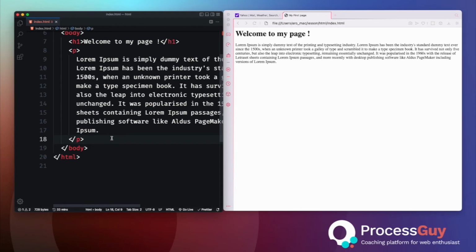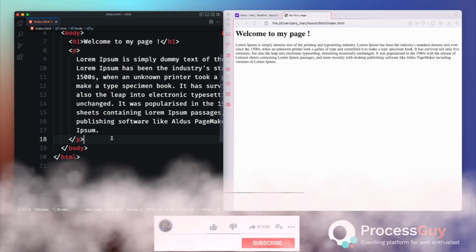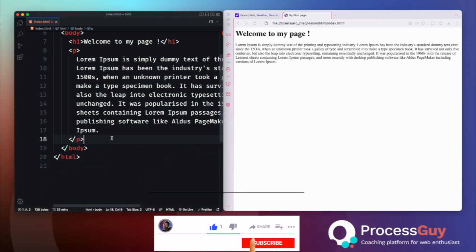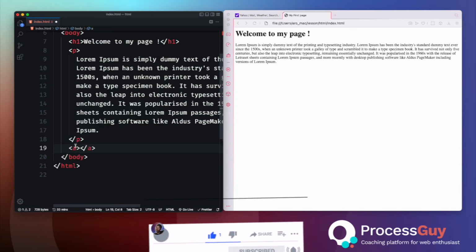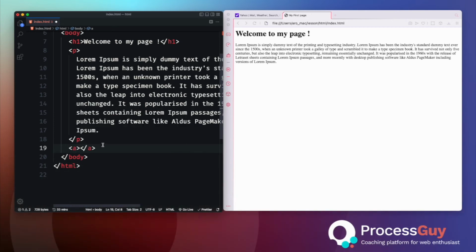Lastly, we have the link element. This element is very important because it's one of the major ways you connect from one web page to another. If you visited any website, you notice you have to be able to move from one page to another. That thing that allows you to move from one page to another is called a link. So you could actually create your own link by using the A tag. And whatever you put within the tag will be what is visible to the user.